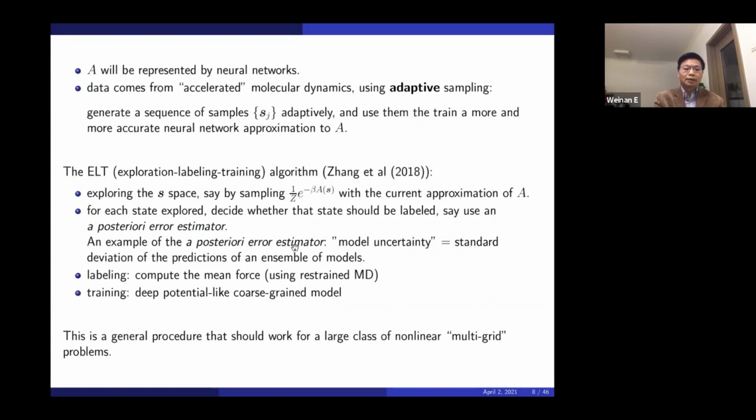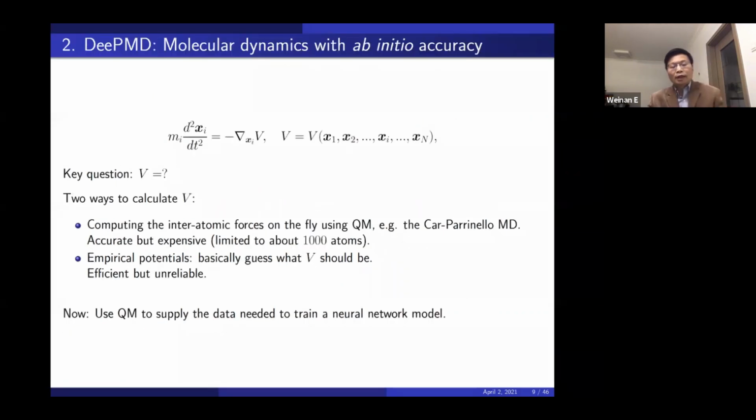Now the details of that shouldn't matter here because there are many different ways to do this, but doing so through this kind of strategy, one can develop an active strategy that produces data on the fly and then trains neural network models at the same time. And this is very important, as I'll show later. Okay, so that's one example. I know I didn't give you the details, but I hope I give you some sort of feeling of how these problems can be tackled now with the help